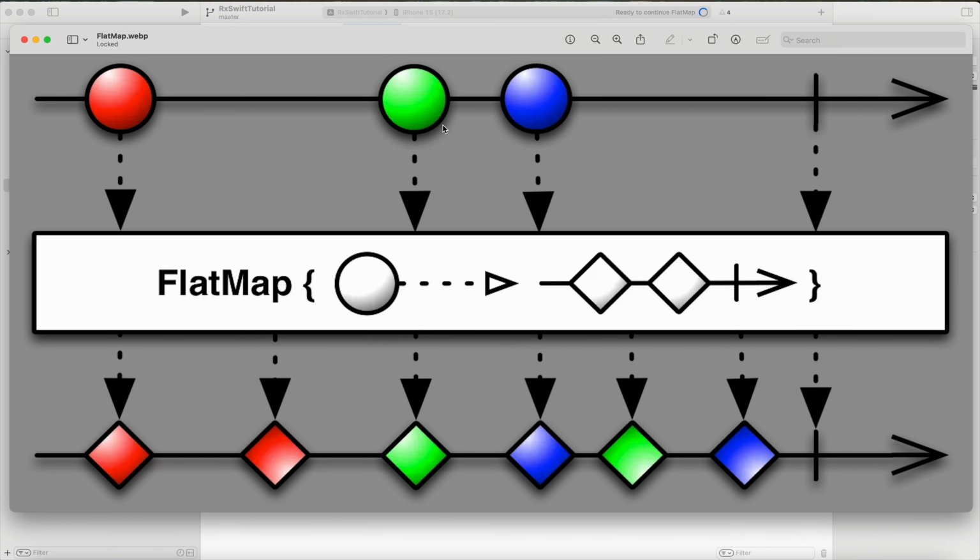Now here we have the stream of three circles, red, green and blue. This will be our source observable. Using FlatMap, each circle is transformed into two diamonds. Then the resulting six diamonds are flattened into a new observable stream. Now, if you see the output of the marble diagram,